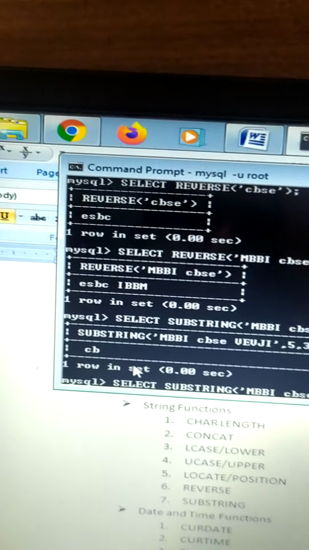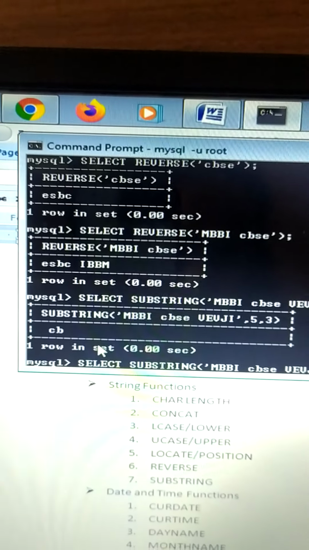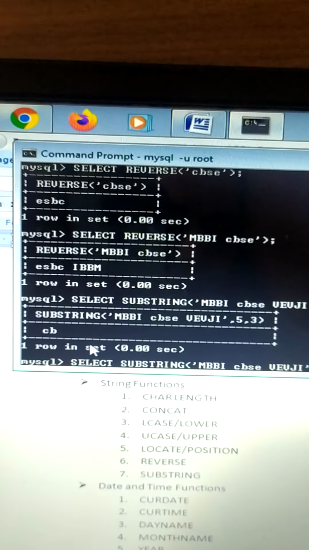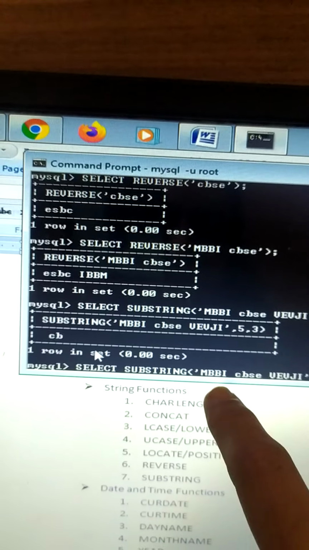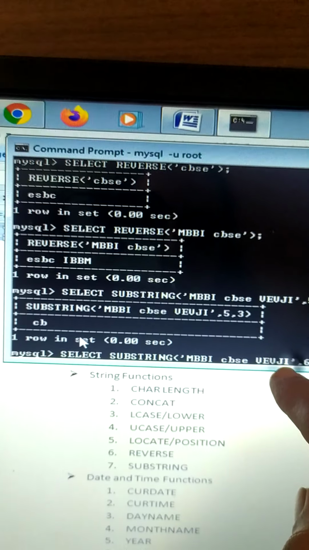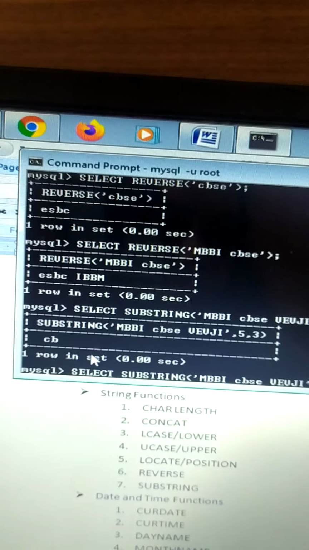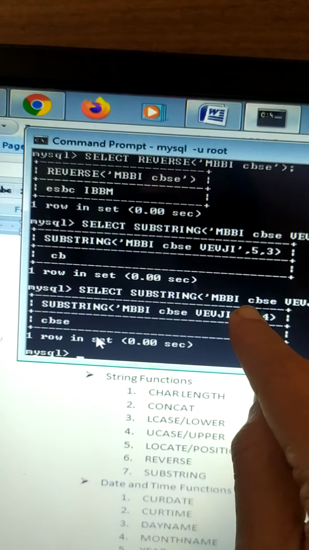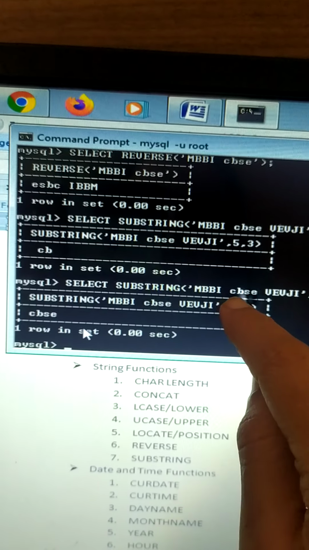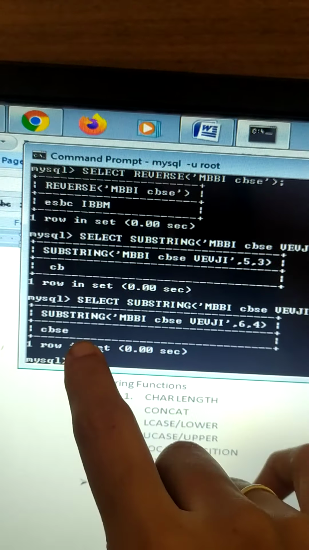Now suppose I write it as at the 6th place and 4 characters should be displayed. Select substring MBBI CBSE WaveG. So the output will be CBSE, that is at the 6th position it is C. From there 4 characters should be displayed, that is CBSE is displayed.